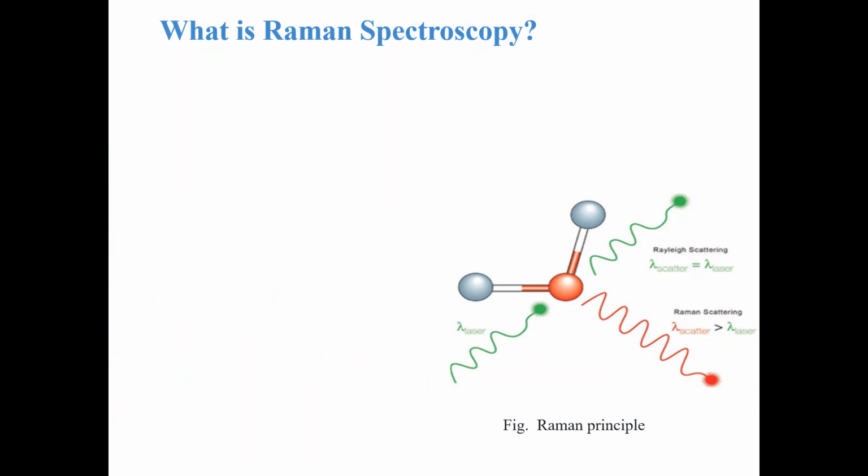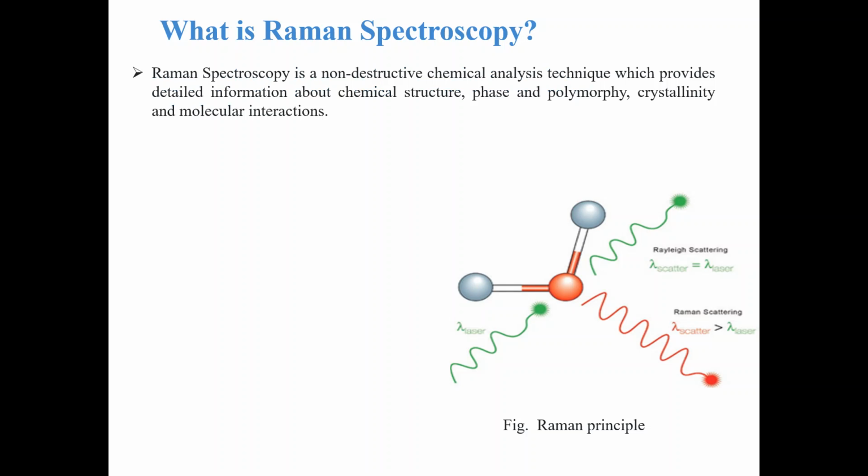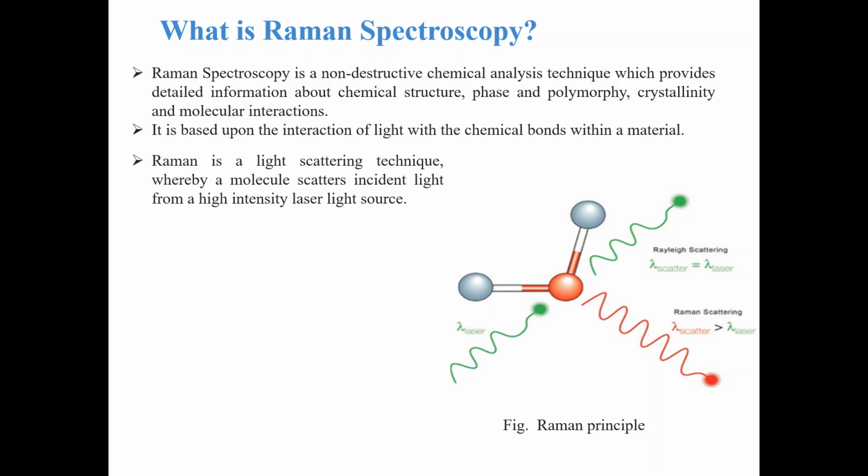So we will start our discussions from a question: what is Raman spectroscopy? Let's have some formal introductions. Raman spectroscopy is a non-destructive chemical analysis technique which provides detailed information about chemical structures, phase and polymorphy, crystallinity and molecular interactions. This technique is based upon the interaction of light with a chemical bond within materials. Raman spectroscopy is a light scattering technique whereby a molecule scatters incident light from a high